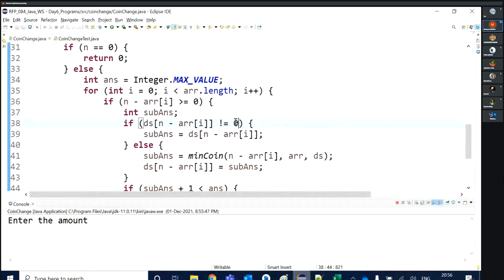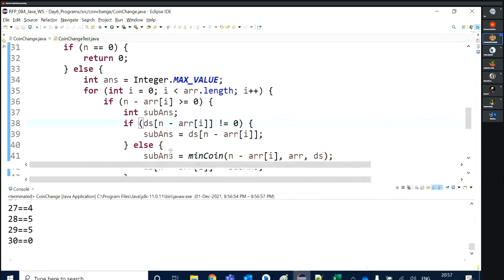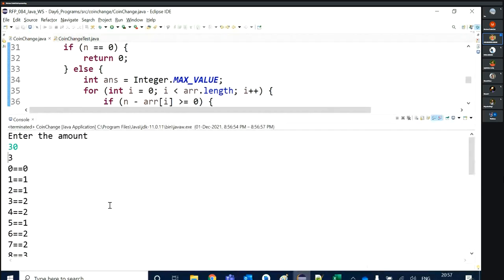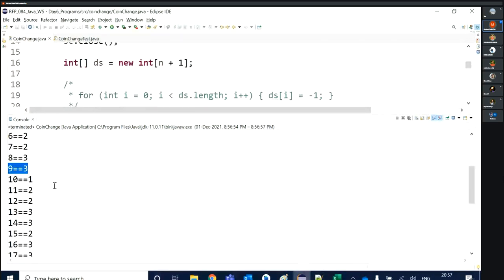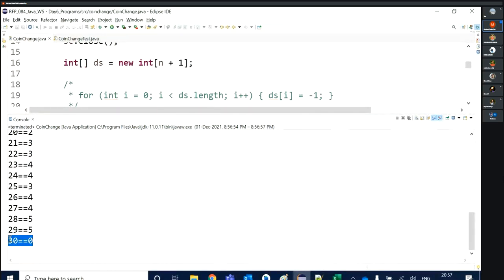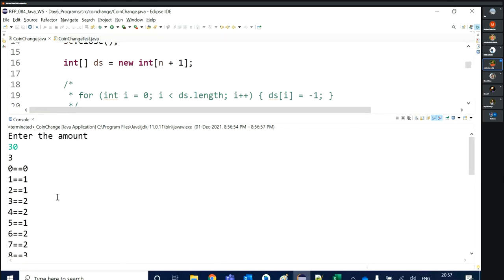So let's execute, and for the amount 30, let's check. I think the answer is coming 0, but for the sum 35, the answer is 3, 5, 2, yes, 10 1 0. Yes, it's working, sir.